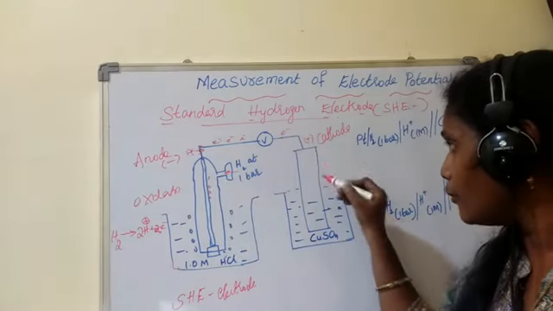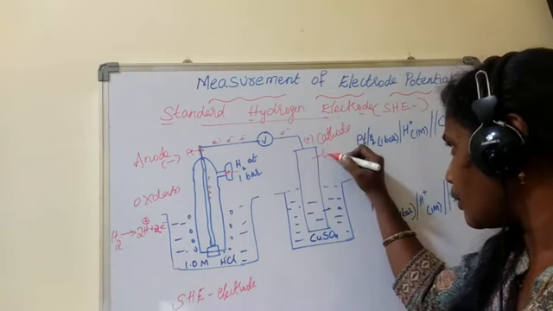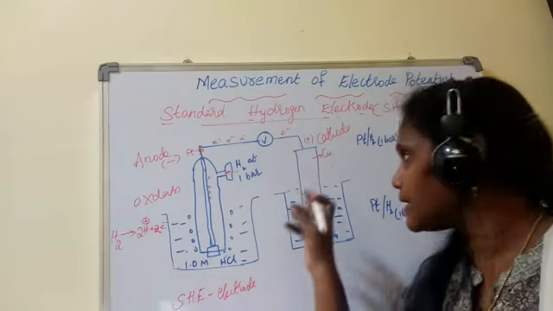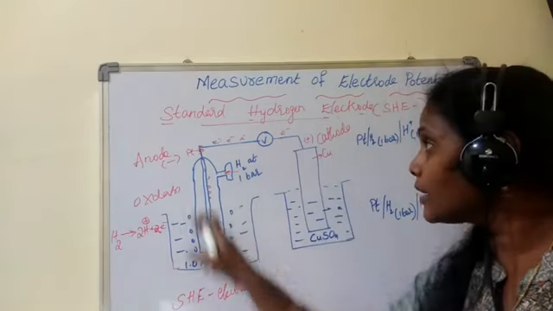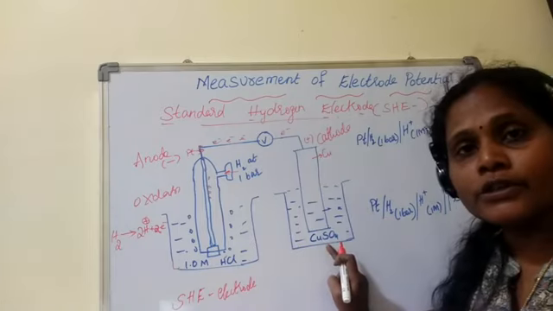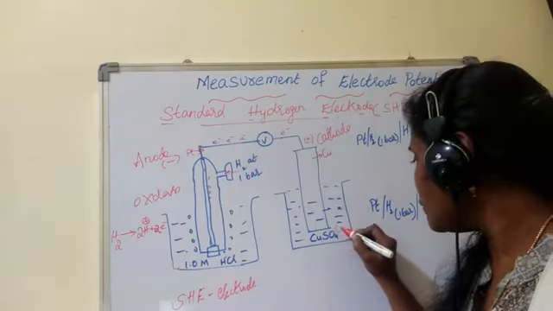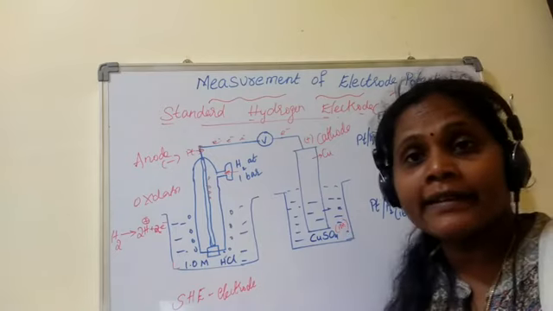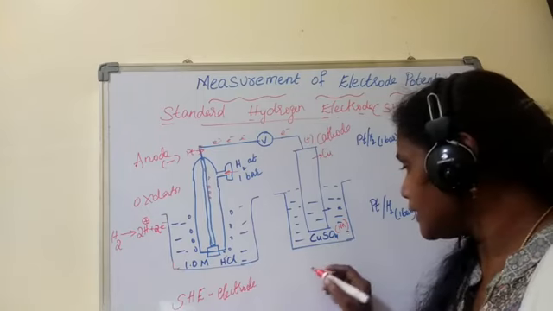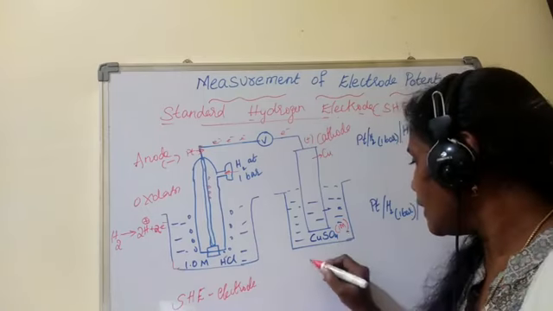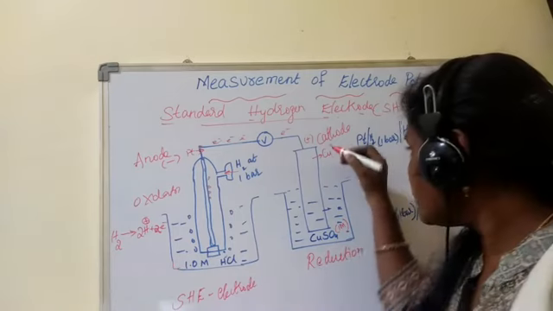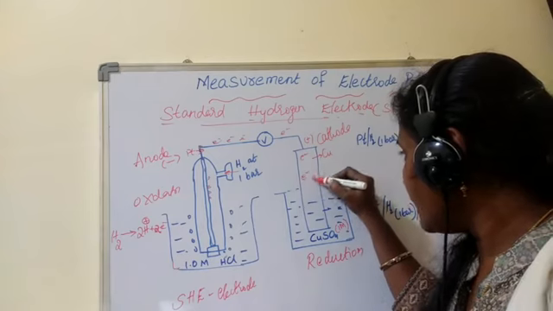Now my electrons are moved. For example, I have taken a copper rod as the cathode. We know it, but just for your sake, to understand the working of this SHE, I have taken copper and dipped it in copper sulfate solution. Again, the copper sulfate solution is 1 molar because I have to measure the standard potential. Therefore, 1 molar copper sulfate solution is taken, and that side is oxidation. Therefore, here it should undergo reduction. Right? So, when 2 electrons are coming here, what happens?